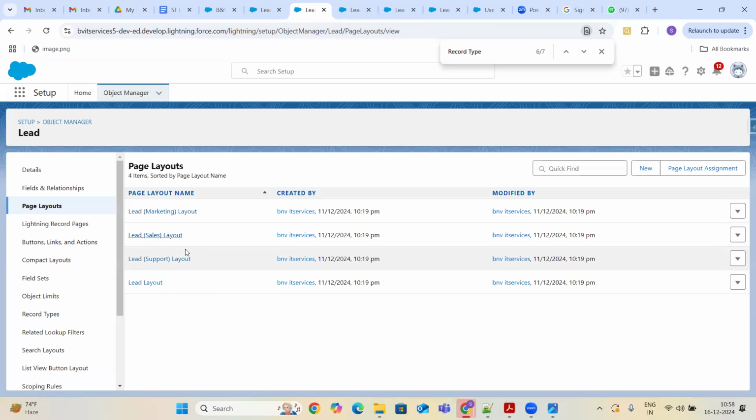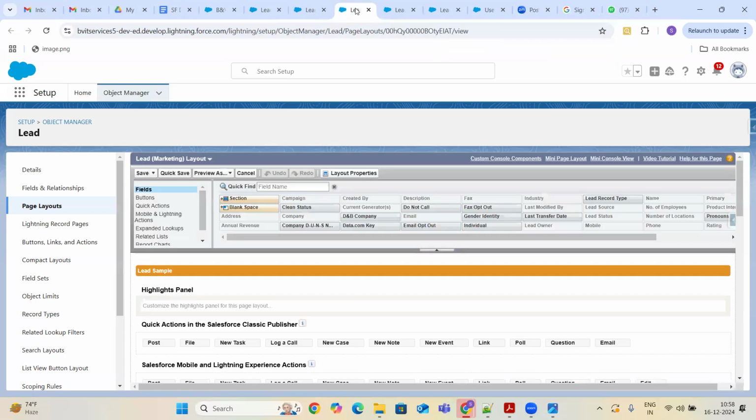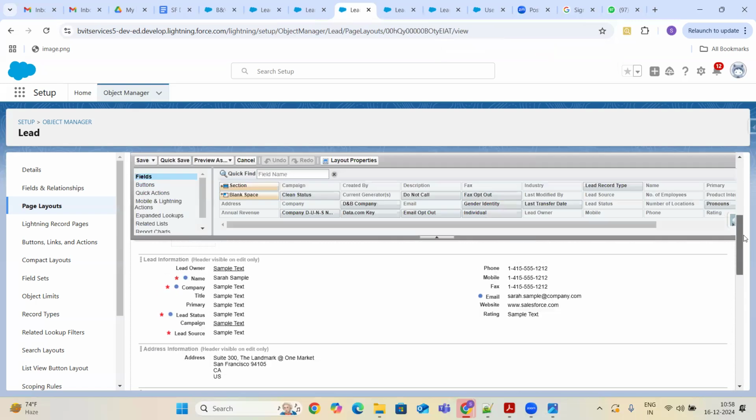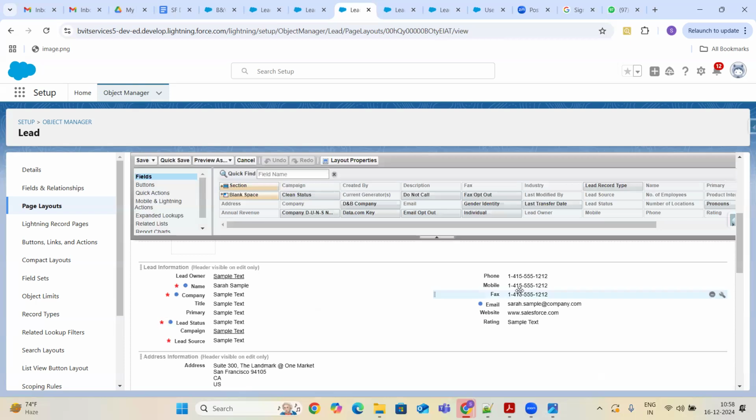Then why two concepts? Page layouts are nothing but, for example, whenever you are logged into the system, you would like to see lead owner, name, company, primary.